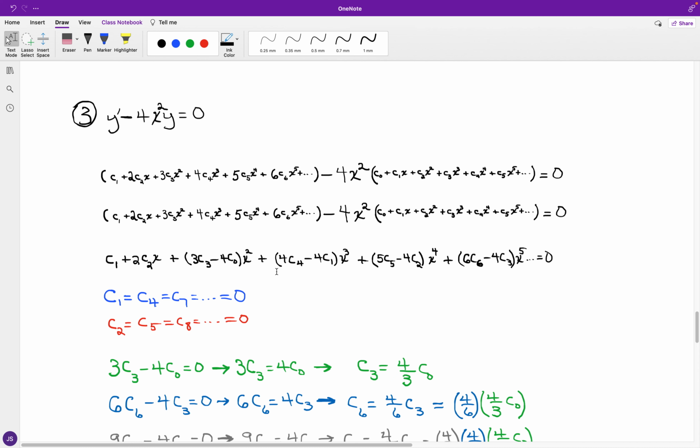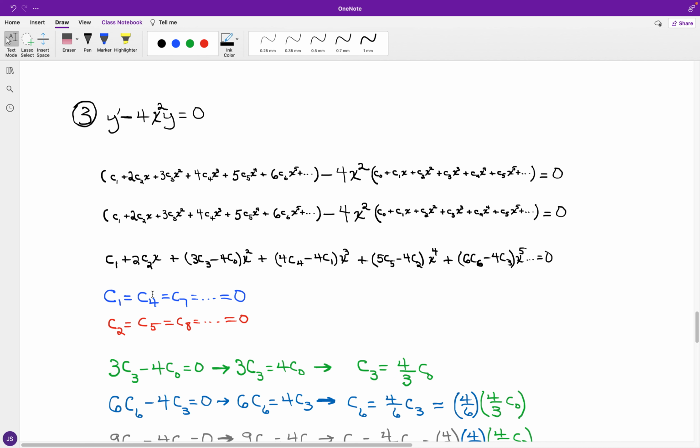As I look into the squares, you have 3c sub 3 minus 4c naught. So you have the first pairing between c sub 3 and c naught. And then for the rest, you can have a bit of a cycle. Well, since c sub 1 is the only constant, that is going to be 0. And that's going to carry over to anything that pairs up with c sub 1 and spins off from that. Like c sub 1 is paired up with c sub 4,